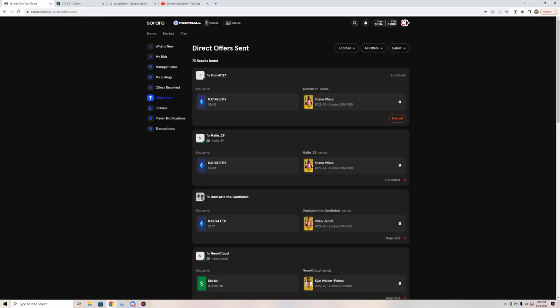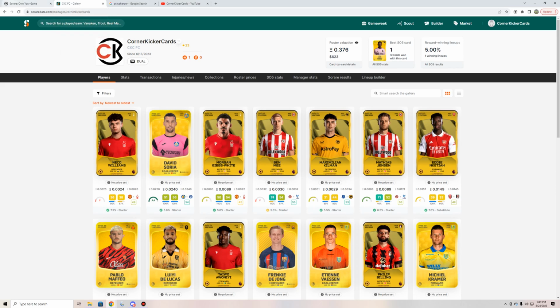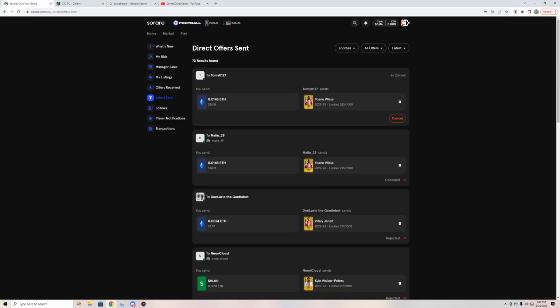Wissa definitely is expensive, especially now that Ivan Toney has been out, meaning that the other Brentford attackers have gone up in price, Wissa and Mbeumo, because they are guaranteed playtime, and Wissa is scoring. So I am trying to get a Johan Wissa for my teams, but I think I'll just